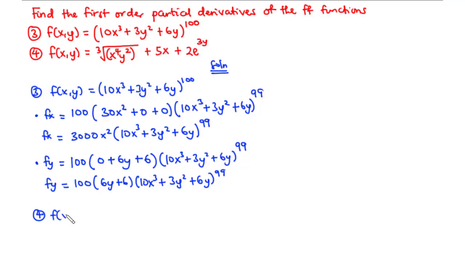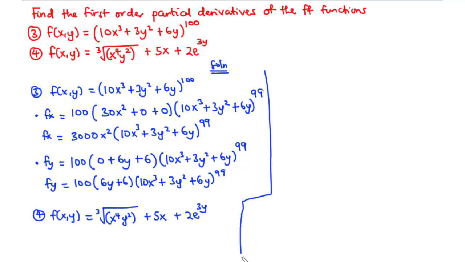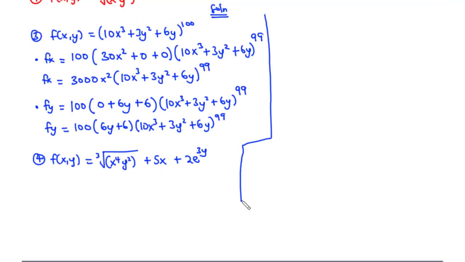There we have the function f of xy equals the cubed root of x to the power 4 y to the power 2 plus 5x plus 2e to the power 3y. So for this, let's try to find fx and then fy. So for fx,